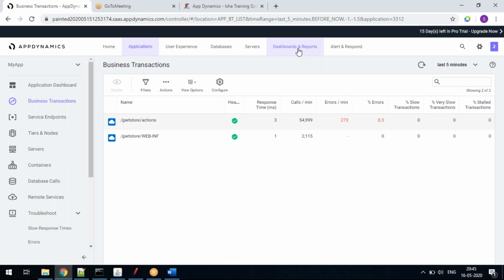So Sarvanam, both the applications which we are using, are they single tier and single node applications, or will we have some complex application to work around? One application is single tier, single node. The other application is two tier. That is what I told you.